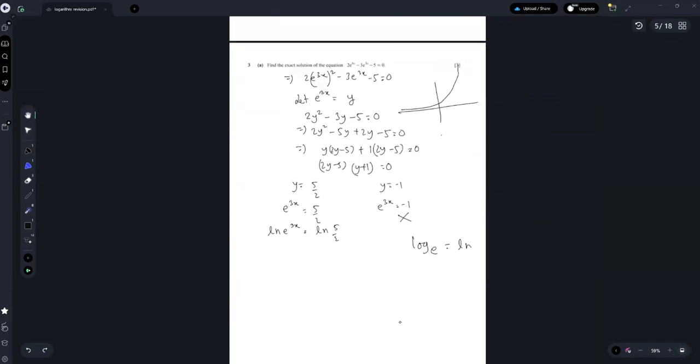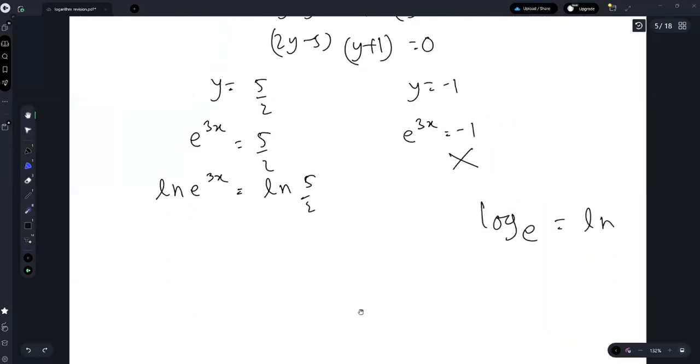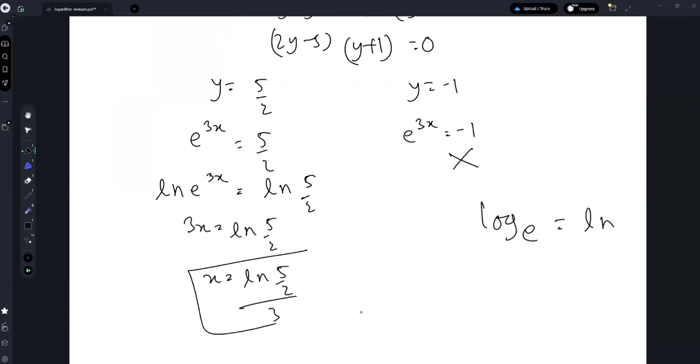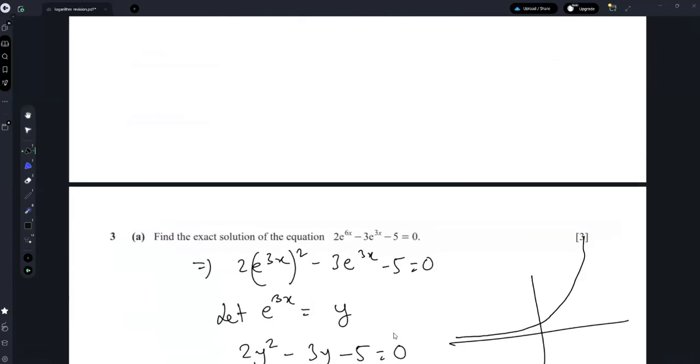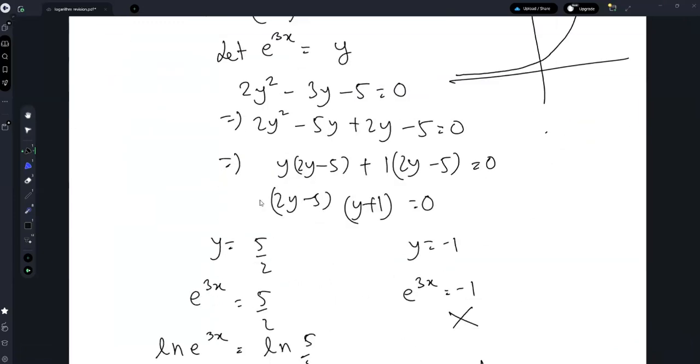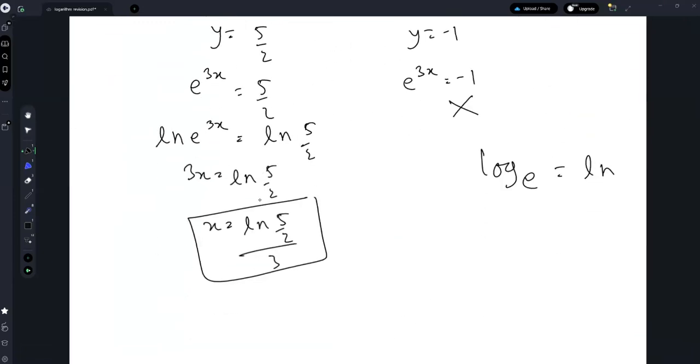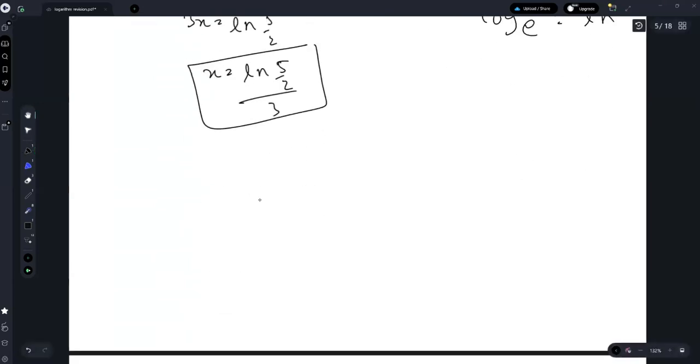So that's one thing, and therefore I get 3x equals ln 5 by 2, x equals ln(5 by 2) divided by 3. This is the answer. And here's another thing. It says exact solution. It means that you are supposed to include this logarithmic term definitely. However, in case it says two significant figures or one significant figure, you have to use a calculator. All right. In those cases, you definitely have to use a calculator. Anyways,